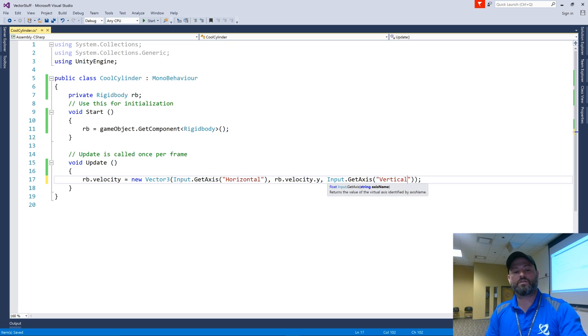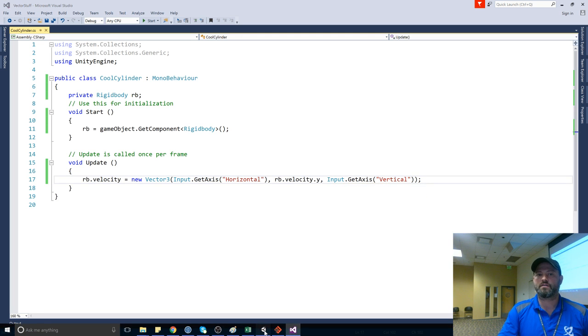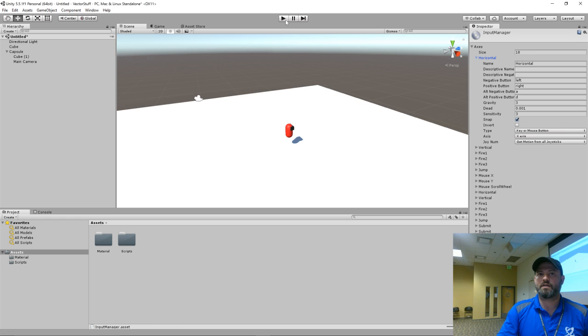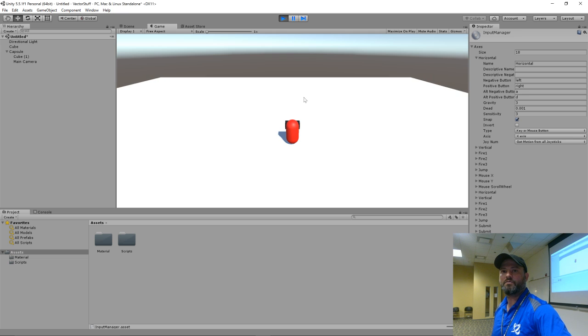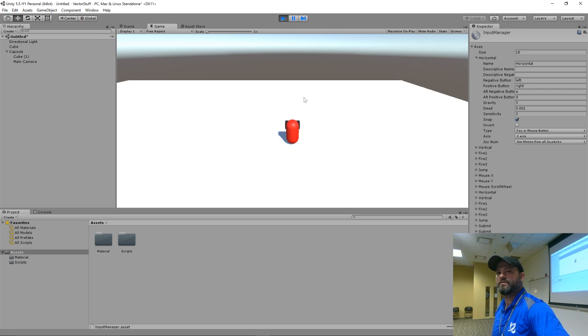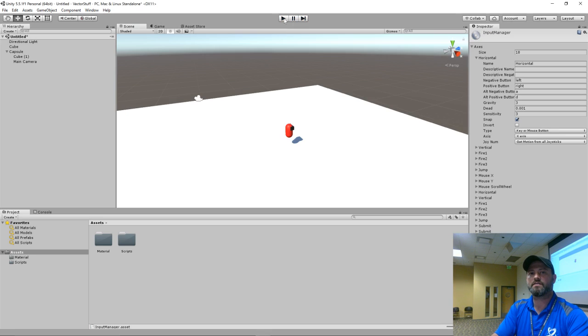Okay, so now, instead of just moving to the left and right, I'm saying my new vector of movement, gravity, just be gravity. Get the rigid body velocity. I should be able to press A and D and move super slowly to the right and left. All right? Super slow. You're also rotating, it looks like. I'm not. I will in a second.